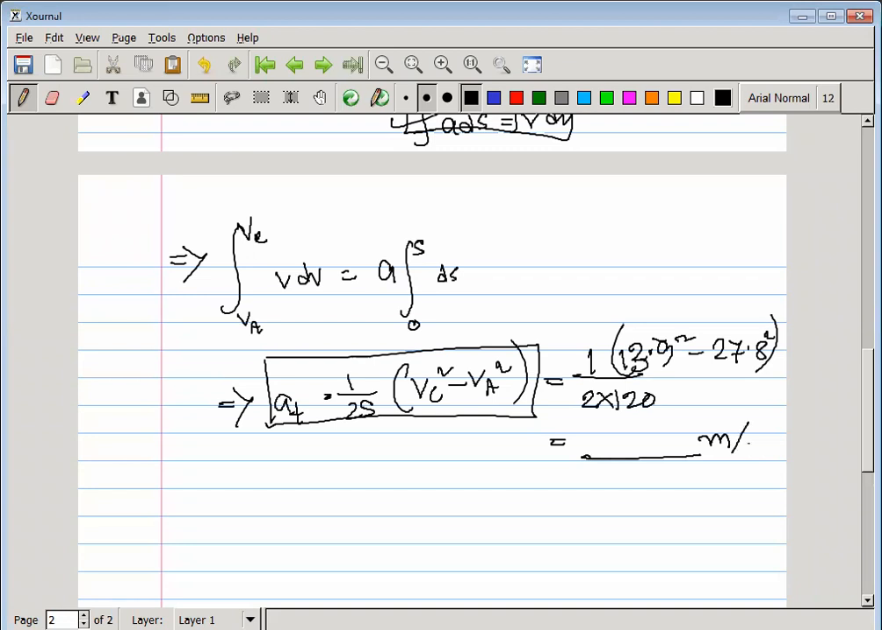How much is it? Minus 2.41. Minus 2.41. It means this amount of deceleration is there along this path, right? Now what we have to find out is